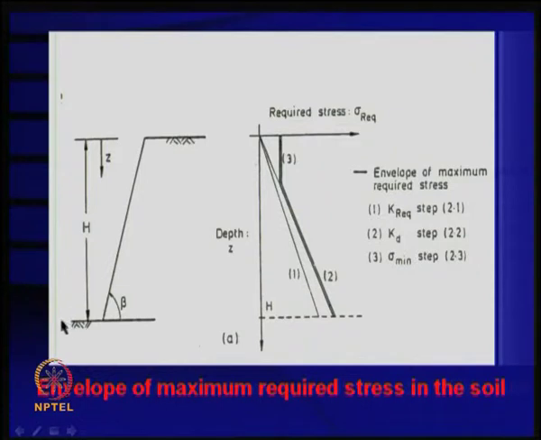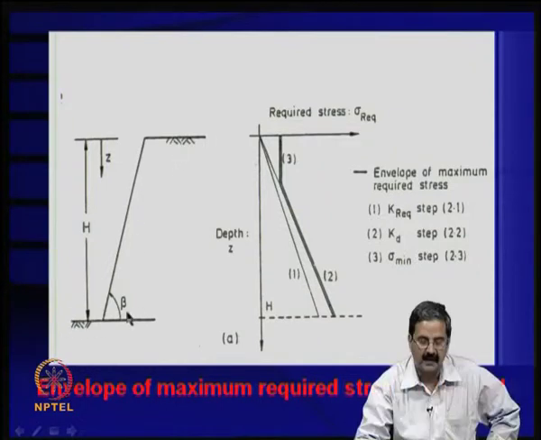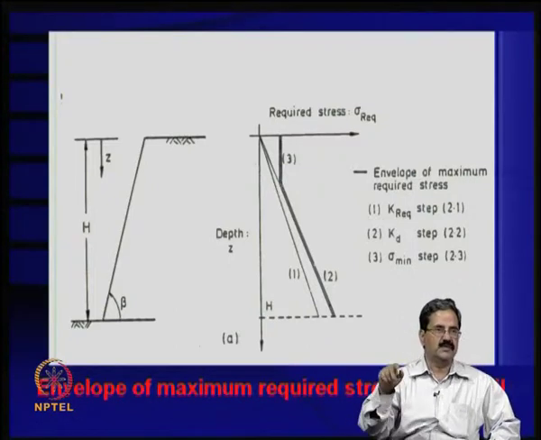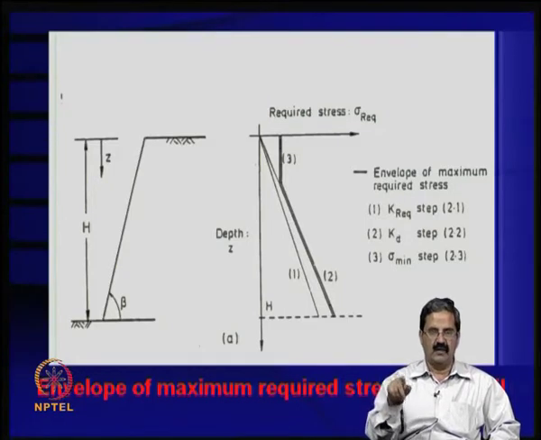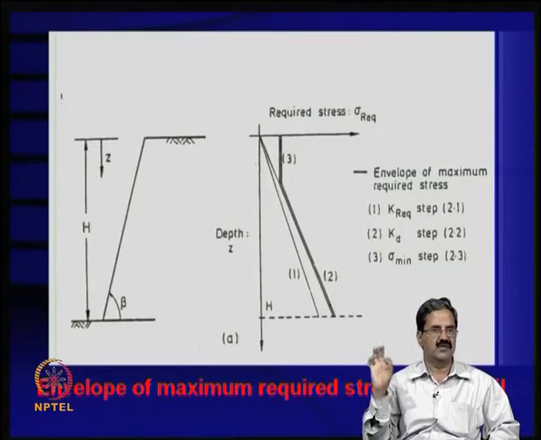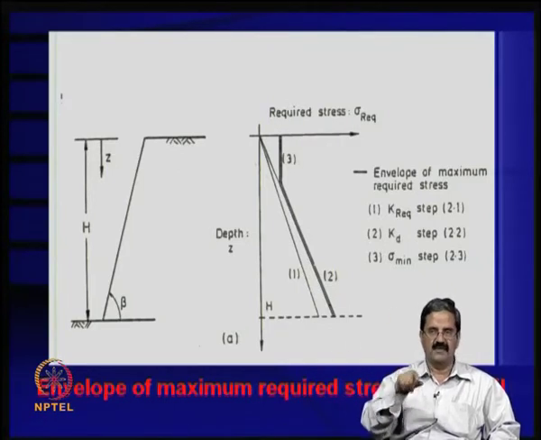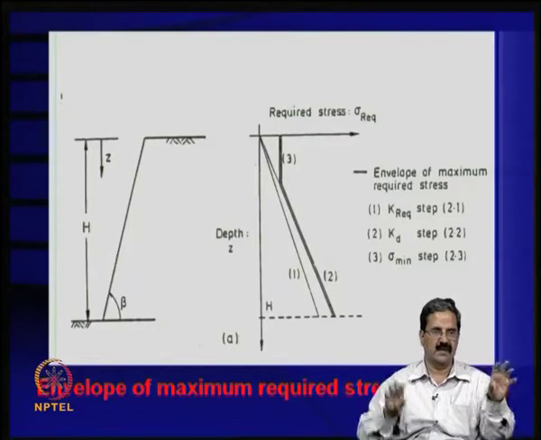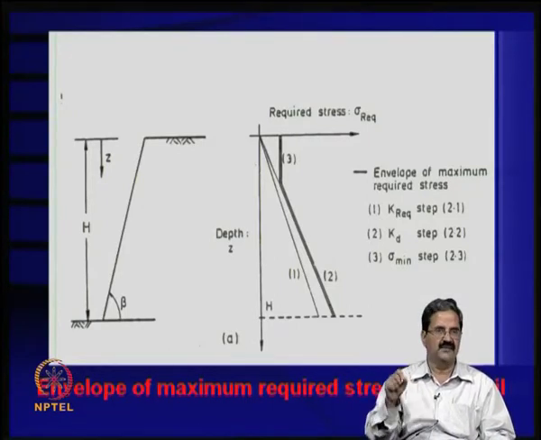What I want to show you is this. This is the force, and this is the reinforcement slope at an angle beta. If I just take it as Ka gamma h, it will be like this, K required. So if you calculate the reinforcement based on this, how do you calculate the reinforcement force? It is nothing but K required into gamma h into SV into SH, as simple as that. You have some vertical spacing and horizontal spacing in the case of some reinforcement elements. So that much is the tensile force that is likely to mobilize.